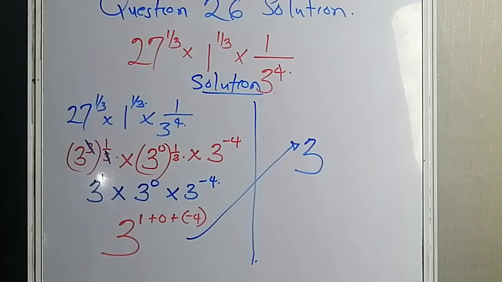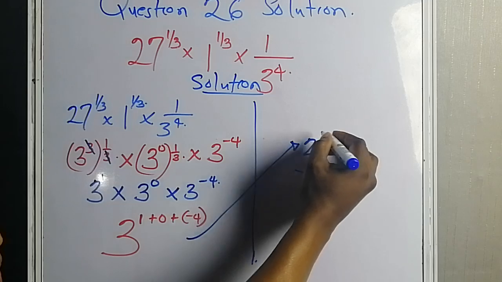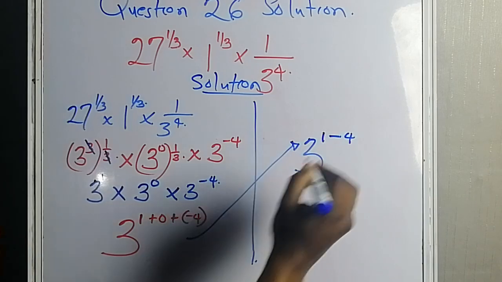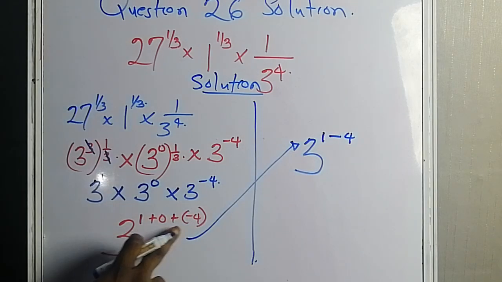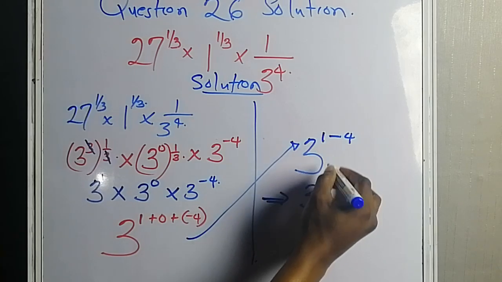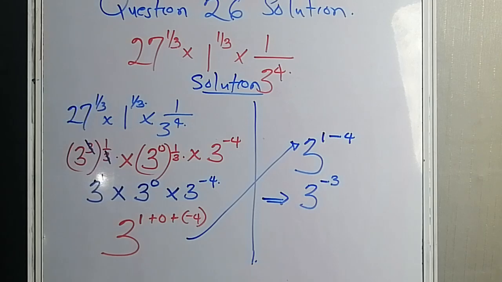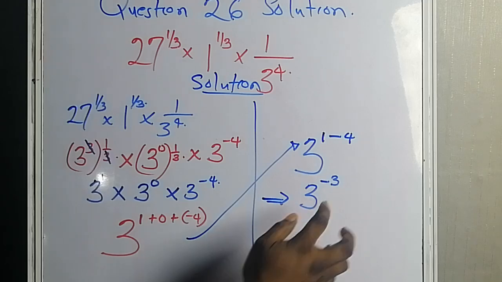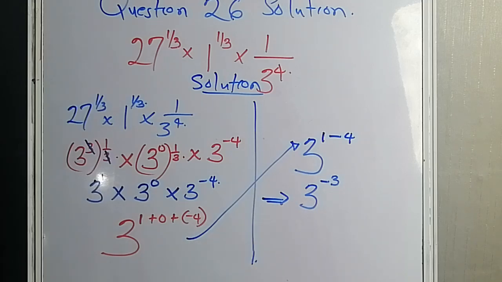So 1 plus 0 is still 1. Then plus times minus is minus. So at the end of the day, we'll have 1 minus 4. It's as simple as that. So this one will give us 1 minus 4. So it means that 1 minus 4 is minus 3. I also mentioned this, okay? How you can subtract when a number is less than the other number, when a number is higher than the other number. I also mentioned that in the earlier parts. Please go through them. So this one is the same thing as saying 3 raised to the power minus 3